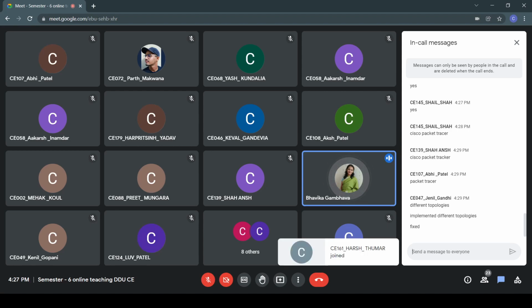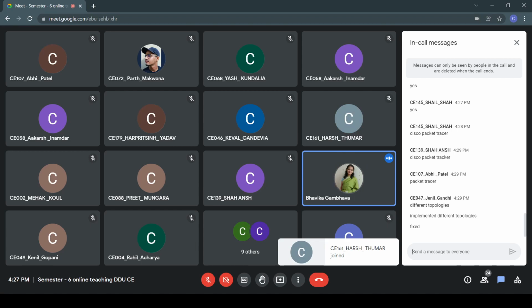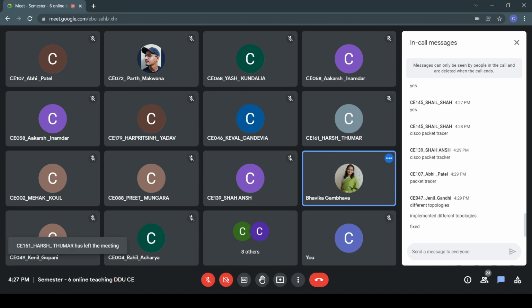So which topology have you found to work better? Okay, I don't know what exactly you have done last time.